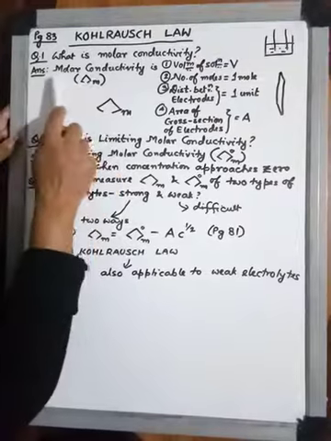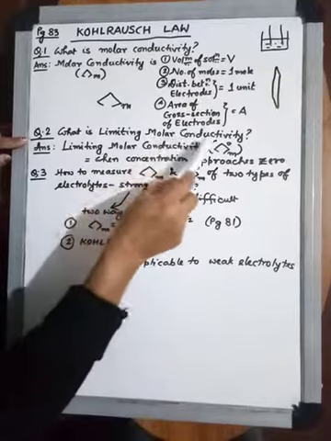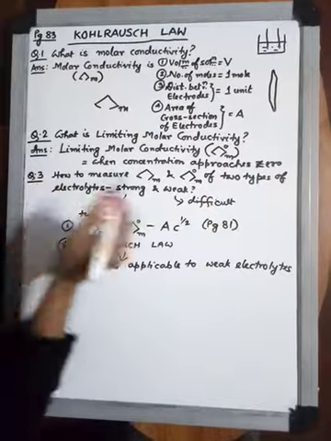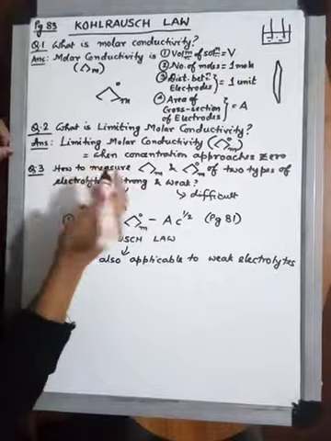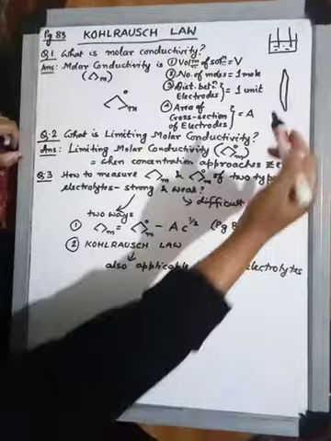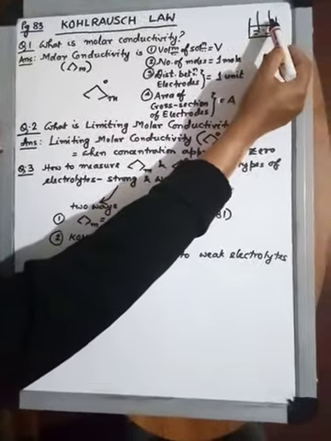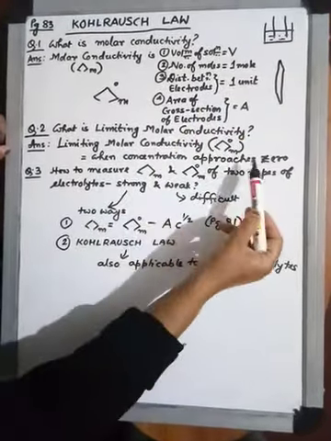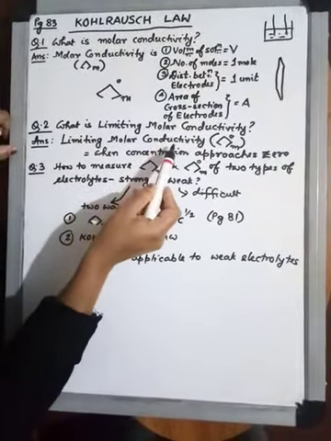After knowing what is molar conductivity, the next question comes, what is limiting molar conductivity? Now, limiting molar conductivity, again we will denote it by capital lambda M, and we will put 0 out here. The reason is this is calculated when the concentration approaches 0. So how will the concentration approach 0? Because some ions from here will start getting deposited in the electrodes. So the concentration of this solution is going to fall. So as it approaches 0, and if we measure the conductivity, then it is called limiting molar conductivity.